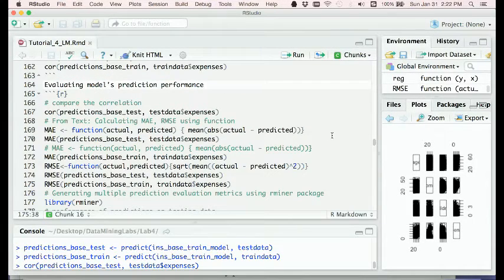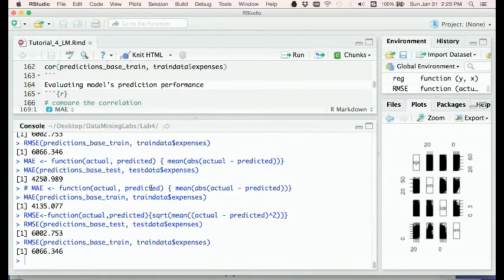Well, next we will use different error measures to evaluate the performance of this linear regression model. So besides using the M-metric function and specifying the error names in the function, we can also define those error functions ourselves. For example, we can use this function and by definition create this equation to calculate the mean absolute error and also to calculate the root mean squared error. And let's check the performance